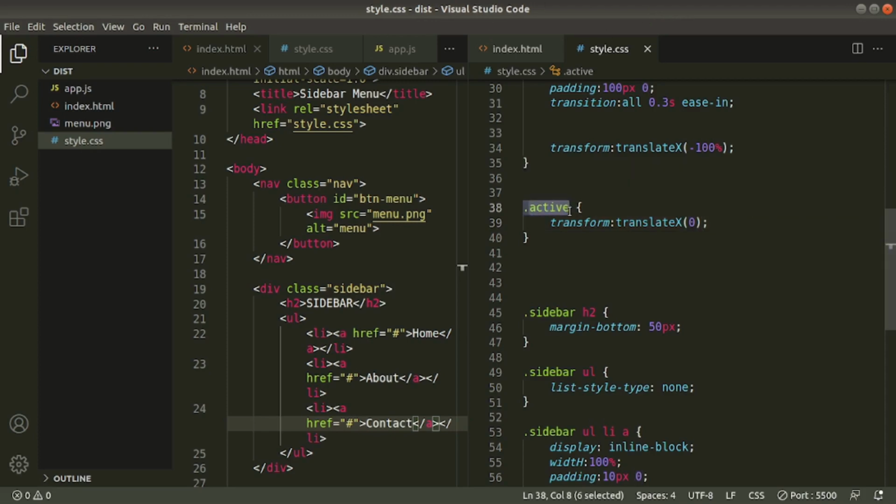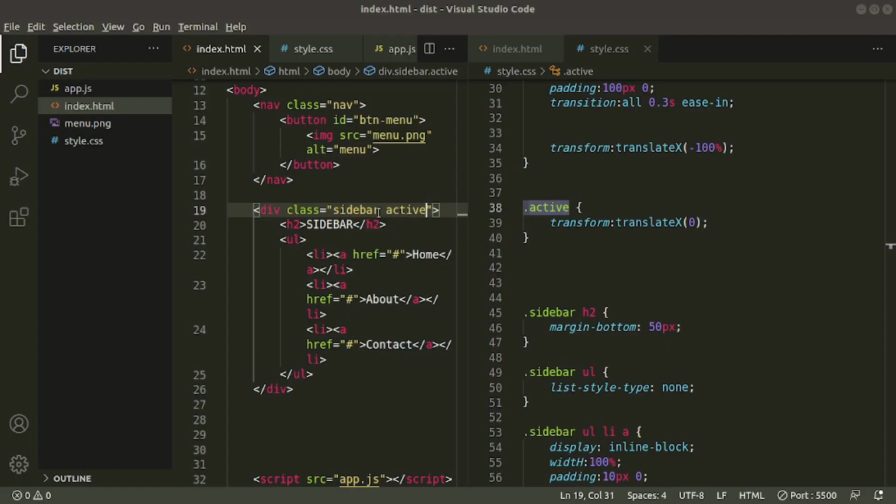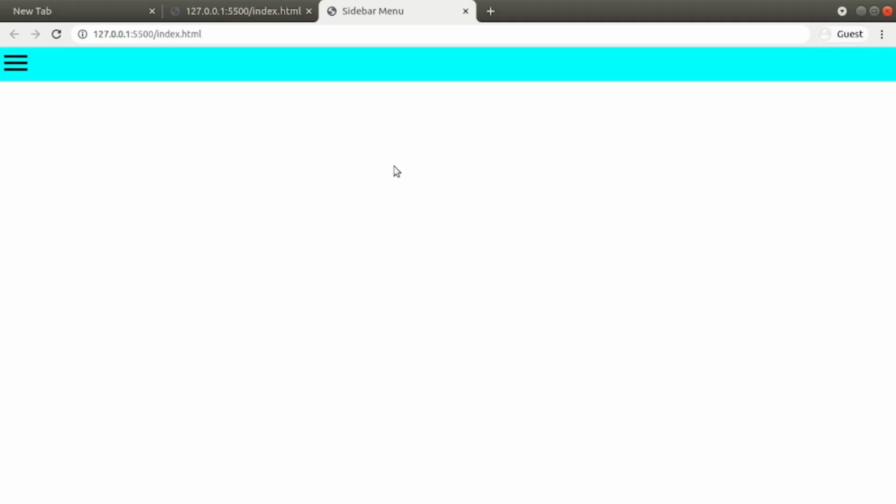Copy this class and go to the HTML file, here our sidebar, and paste the class here. Now as soon as I save this file, our sidebar will appear again. Okay, save this and go to the browser. See, it appeared. Now cut this class, Ctrl X and Ctrl S to save, and go back to the browser. See,